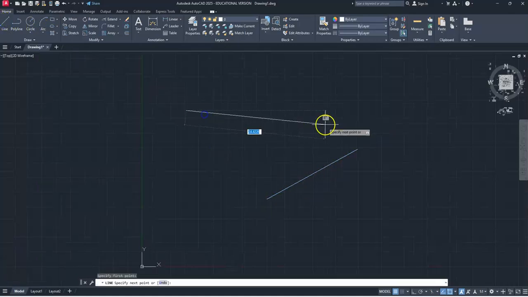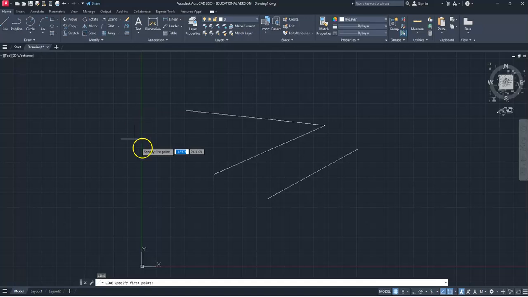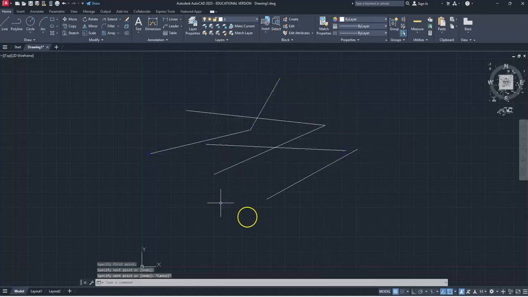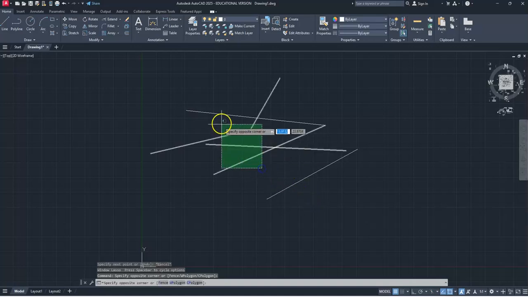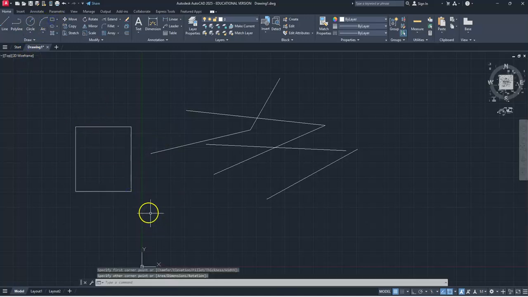Especially if you have stuff all over the place, you have lines everywhere, and you just want to go in and select something specific. If you do a blue box like this, you're probably going to end up with nothing. But if you do a green box, you can go like this, and any line that it touches, it will select. Also realize that these pre-made shapes,